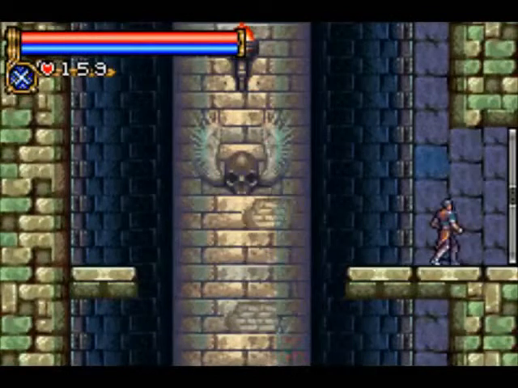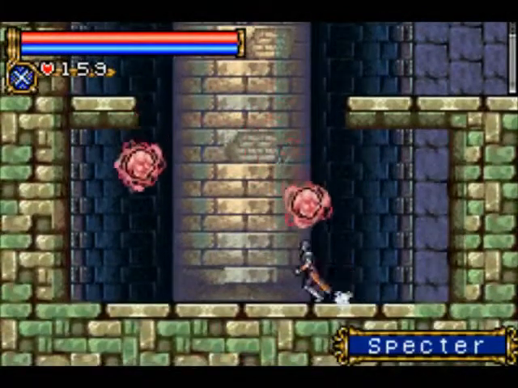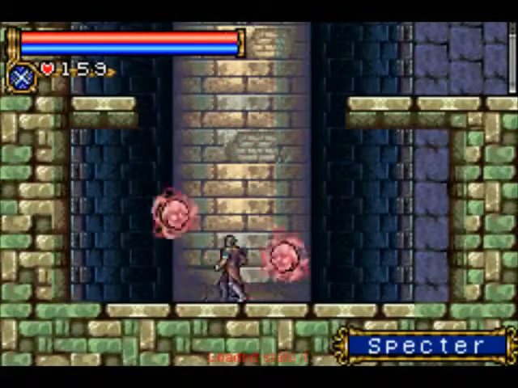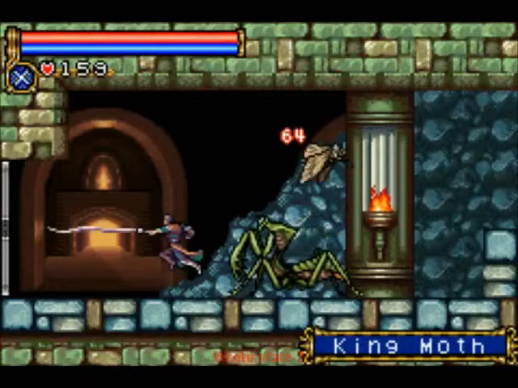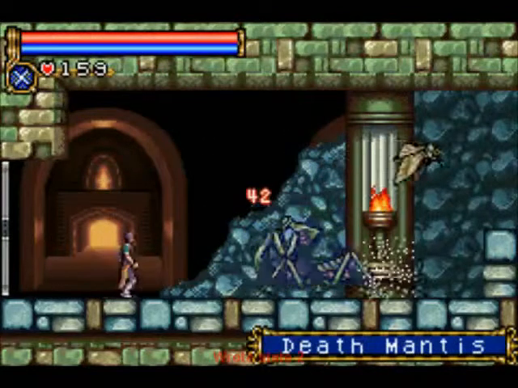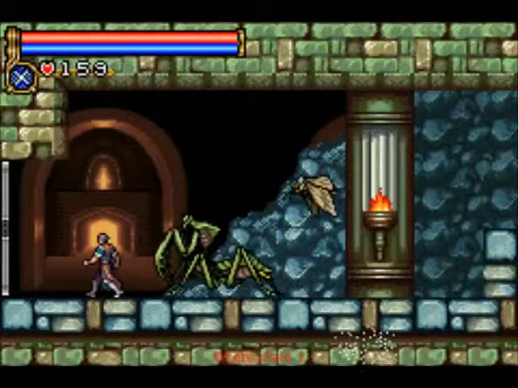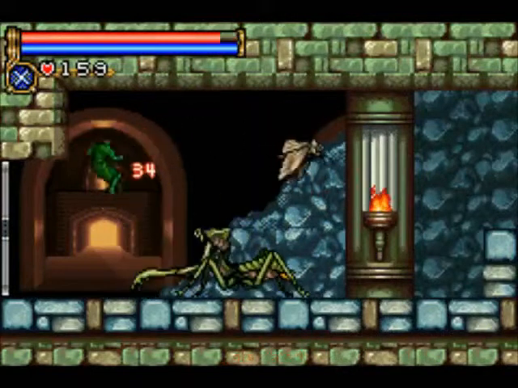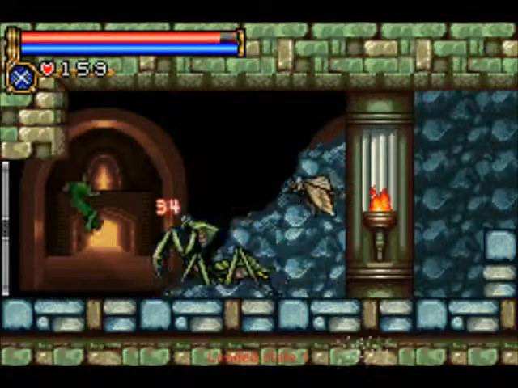Not anticipating too much. Interesting. So do these... No, they don't do anything, they just hurt a good deal. Okay. Here we have the nice Death Mantis. Only takes a few hits, deals a pretty good amount of damage. Just get rid of Mr. King Moth, so he's not... Well, never mind, King Moth, we'll deal with...